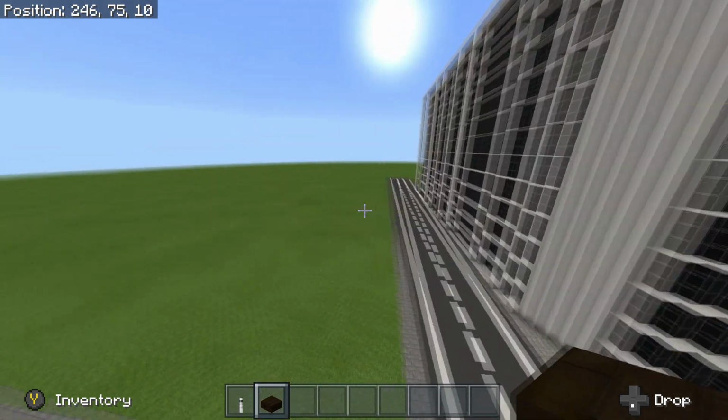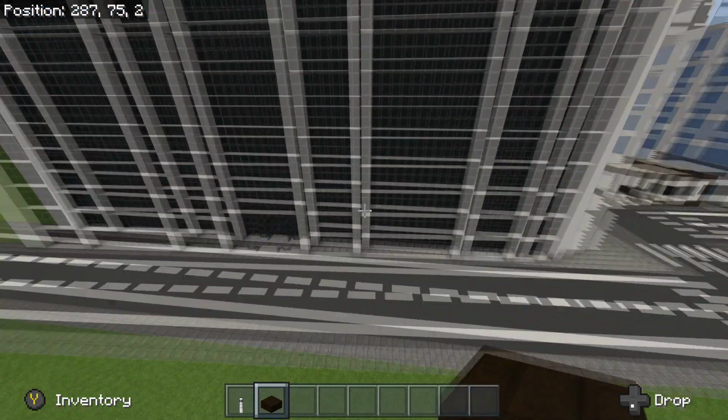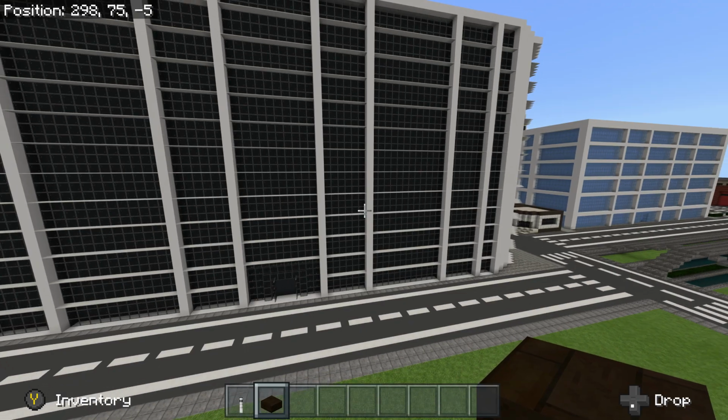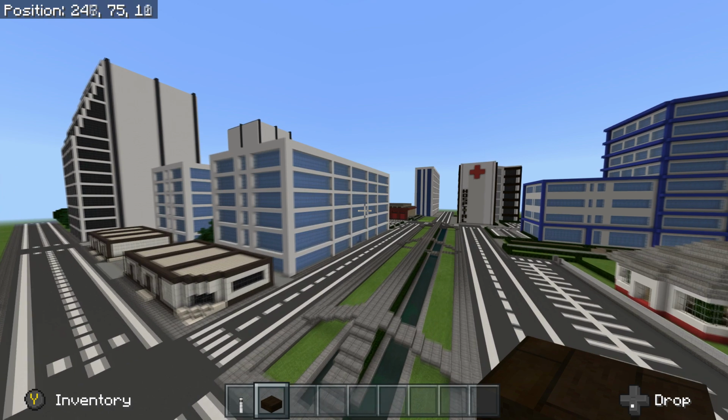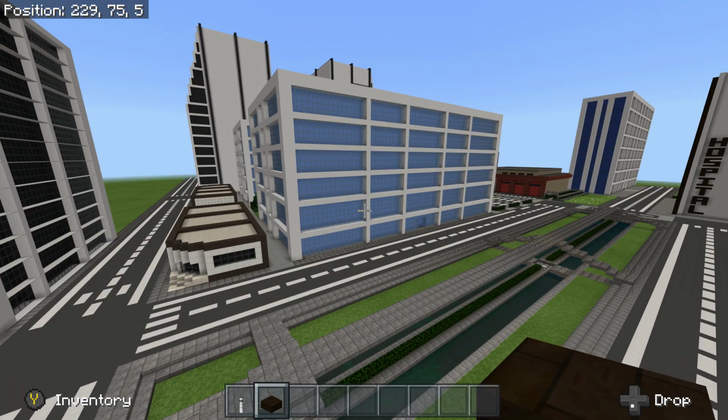The door for this one is over here, which is kind of weird. It's just going to be like a big office kind of building, I guess. That's all it can really be at the minute. Same as them, they're kind of going to be office buildings. I think my plan was to make this kind of like the